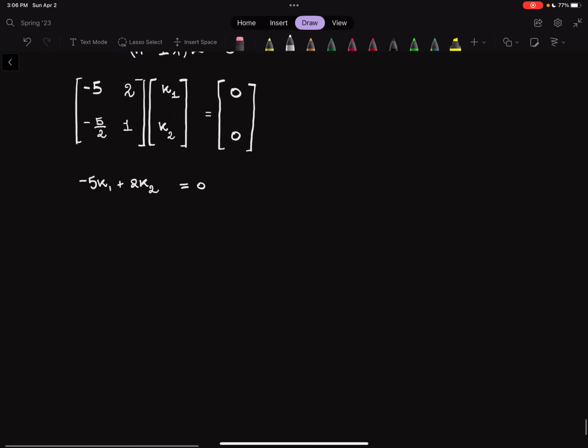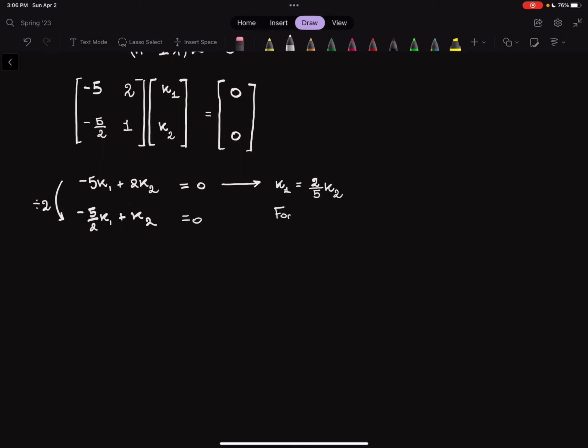And I really only have to do it with one row, because if I do the other one, look at what we get. We get a multiple of this. We can get to this by dividing by 2. So this second equation doesn't add any new information. So I'm just going to use the top one, and I'm going to say that K1 is equal to, well, actually positive 2/5 of K2,